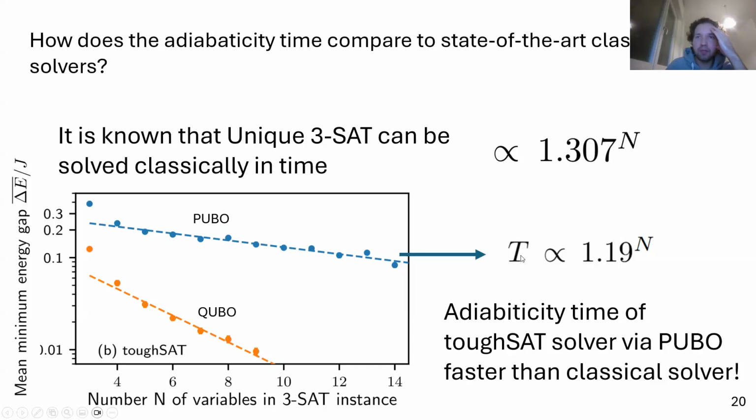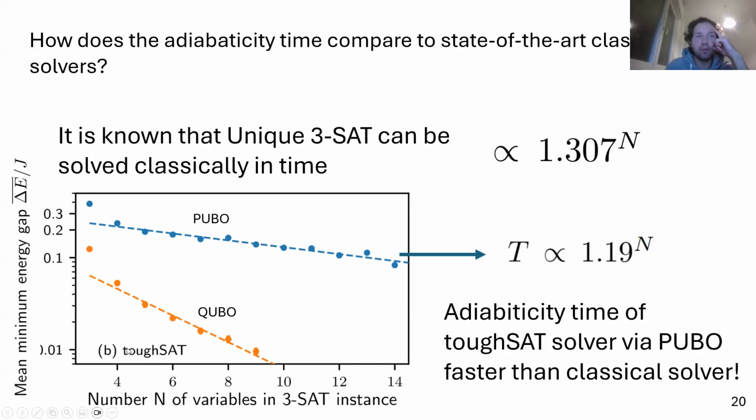because one, this adiabaticity time, which comes from the adiabatic condition, is a very, very rough estimate of the actual annealing time that we require. So there are other better bounds on this time. And second, this classical value of 1.3 to the n is valid for every possible instance. And this adiabaticity time we only saw for the specific case of these tough SAT instances, and not, for example,